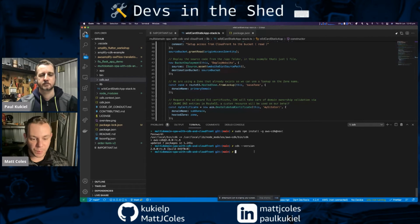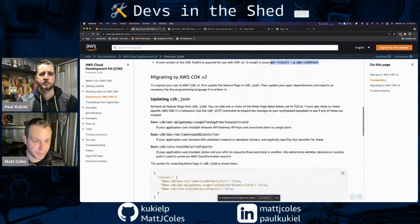Yep. So you saw beforehand I was using 1.0.1.6 or something. Now I'm running 2.0.0-rc release candidate 6. So I'm using the most up-to-date CDK. That hasn't touched anything in my app, right? So I'm guessing the next thing in the migration guide that we're going to need to do,